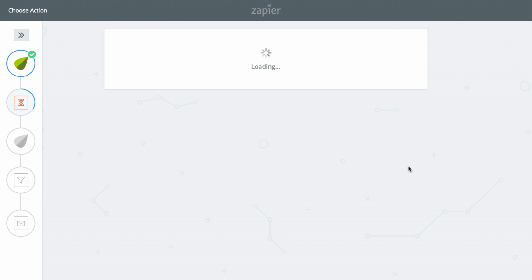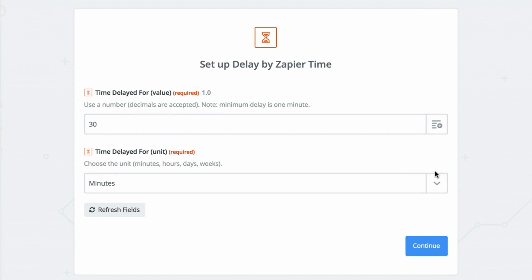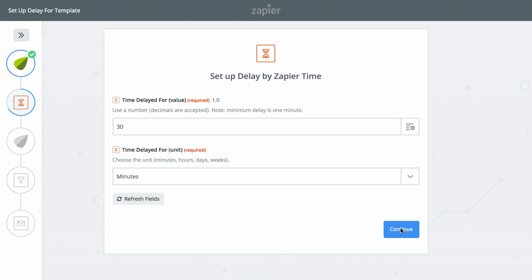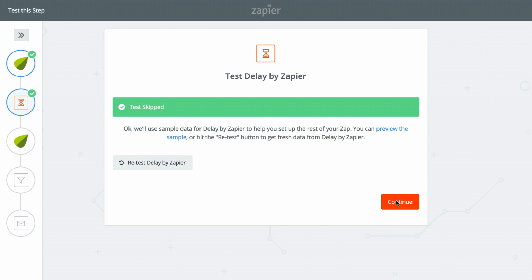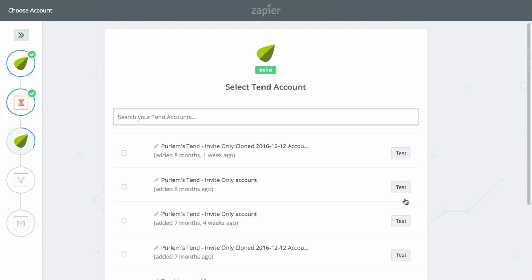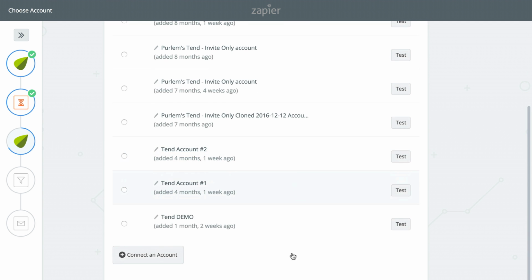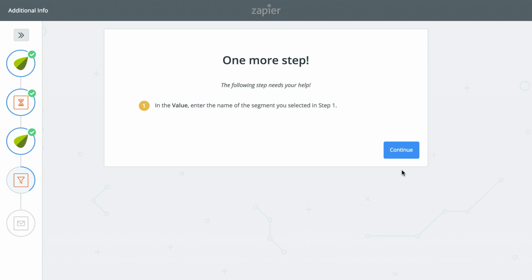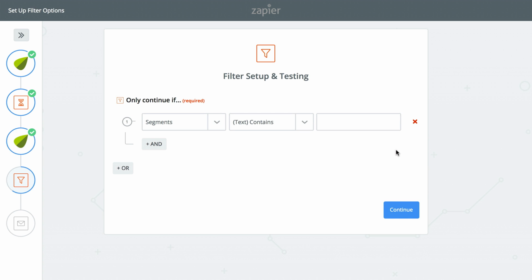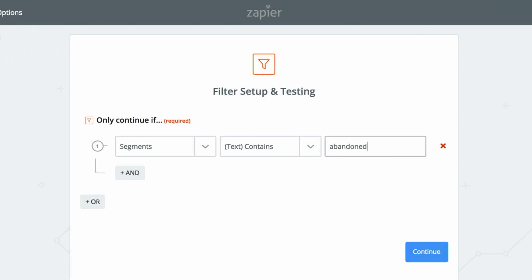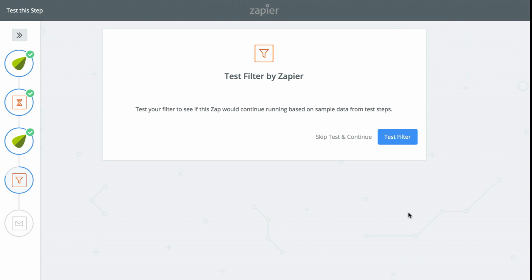This step is simply a time delay. What we're doing is waiting 30 minutes to make sure that someone doesn't actually go ahead with the sign up. Click Continue and skip this test and continue again. And now the Zap has waited 30 minutes. Zapier is going to find the contact and make sure they are still in the abandoned segment. So select your Tend account. This step is finding the contact by their email address. Click Continue. Now the Zap will make sure that the contact is still in the abandoned segment. Here you'll just type in the name of the segment you selected on step 1, in this case abandoned, continue,